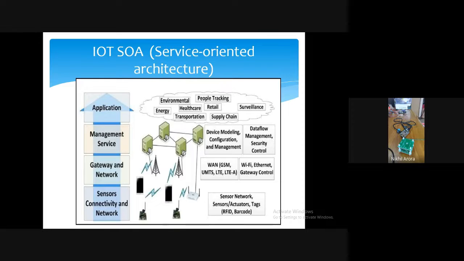Sometimes what will happen, suppose I have a sandalwood park. In that, 100 sandalwood trees are there. On each and every tree I cannot put a gateway, internet, Wi-Fi. So what I'll do, in only one tree, the central tree, I'll put a GSM modem and Wi-Fi, all this capability. Now all the other 99 trees will become nodes. They will get the data of vibration and sound and other things and send it to the main hub. Now this hub only will have the gateway, and that will send to the internet. So like this people are managing. Nobody will have a separate sensor having Wi-Fi or gateway technology.